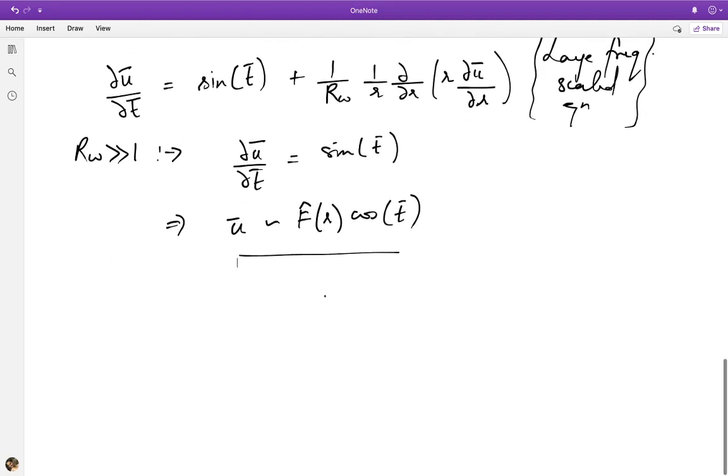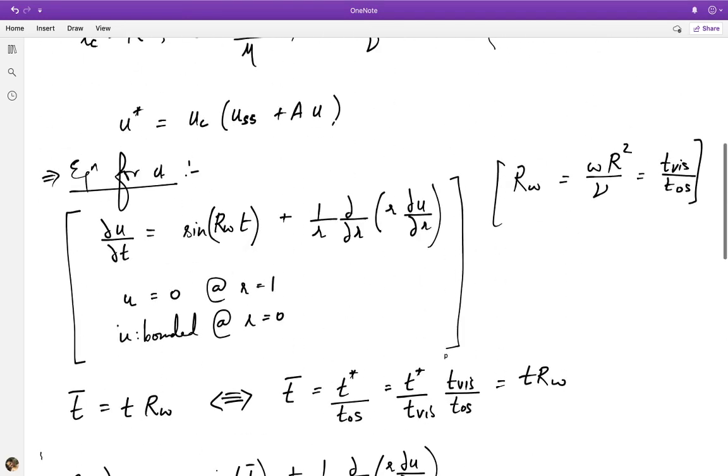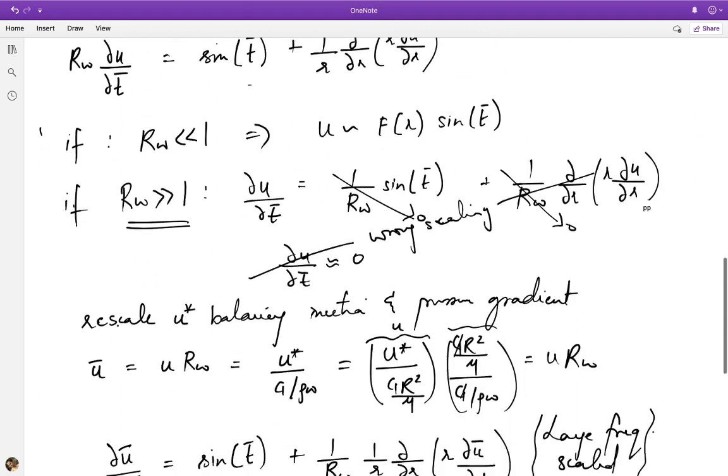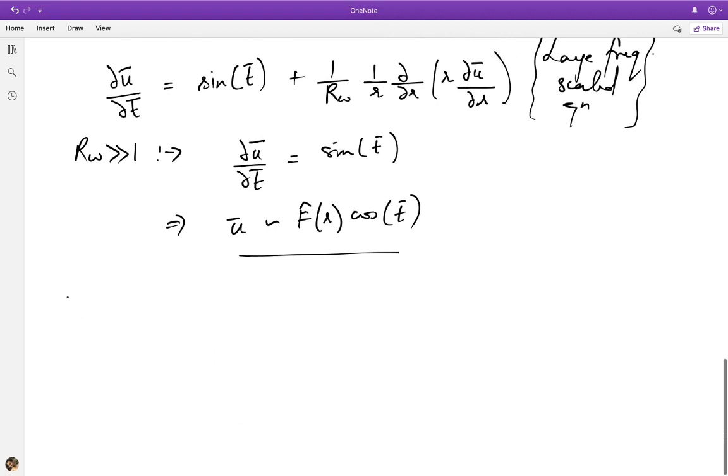Well, the standard trick is to now look at a companion problem where we replace the sine Rw forcing with exponential of IRWt. So let's now look at a companion problem that will help us solve the problem of interest. Okay, so the companion problem is for a variable that I will call u hat.